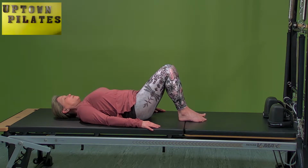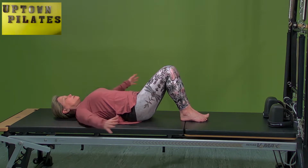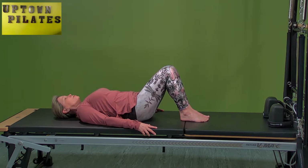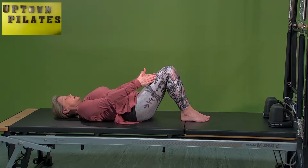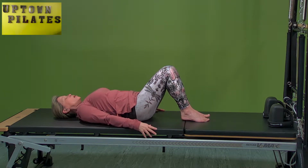Let's bring the feet and thighs together again. If you have room, you can reach your arms out to a T. I'm going to keep mine by my side because I'm not flat on the floor. And we're going to do a little bit of rotation. So as we do this, try to keep your knees connected and keep your shoulders on the mat, but